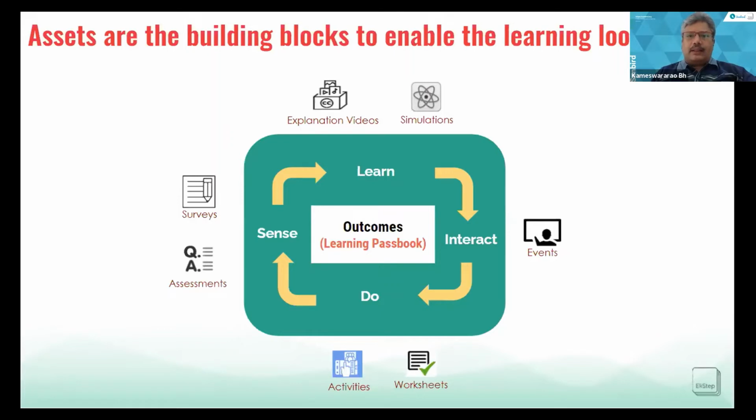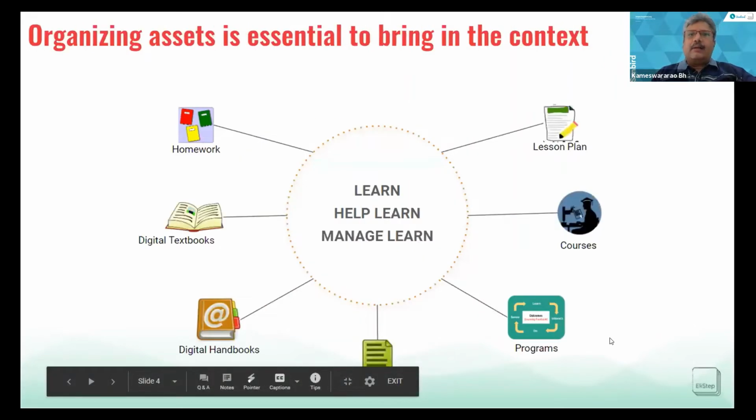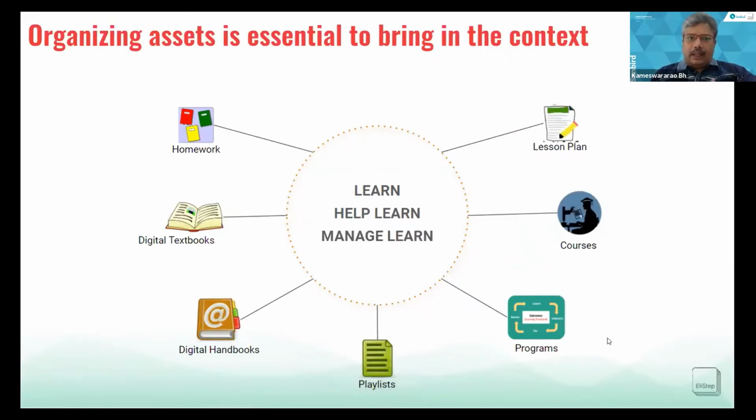It becomes quite a difficult task to navigate through them to find what is relevant to them at a given time, right? So there has to be certain context around these assets, and that's where organizing the assets becomes a very important activity to give that context when somebody is accessing the assets, right?